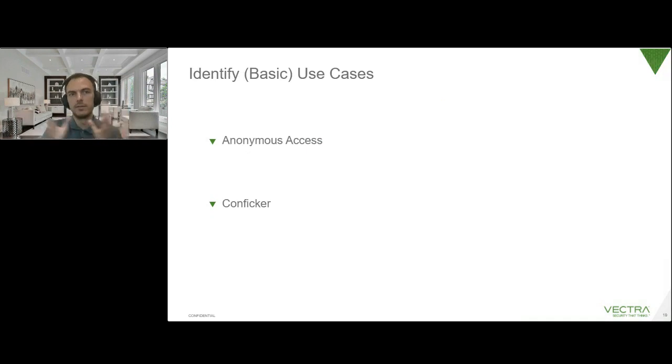So let's start with some very basic use cases, all right? Anonymous access and Configure. For anonymous access, basically what we're looking for is someone that may be trying to circumvent our security tools by using some software that will proxy their connection to the open internet, hiding the destination they're actually trying to get to from us, as well as people that are using anonymization tools when they're accessing our environment, our accounts. And then with Configure,